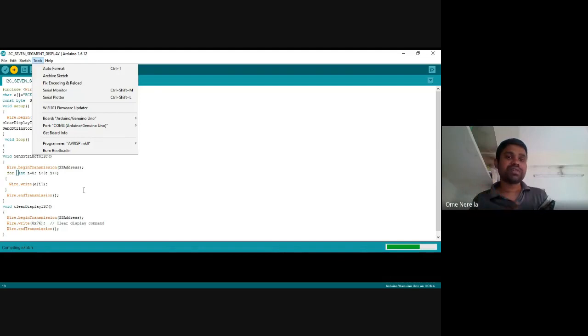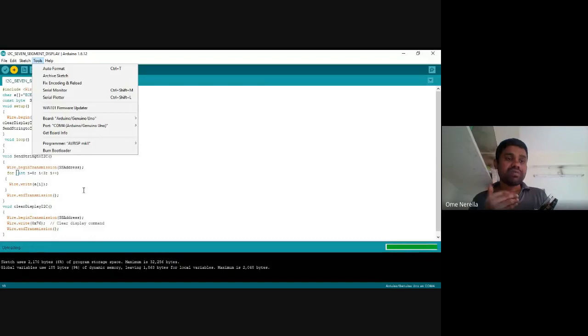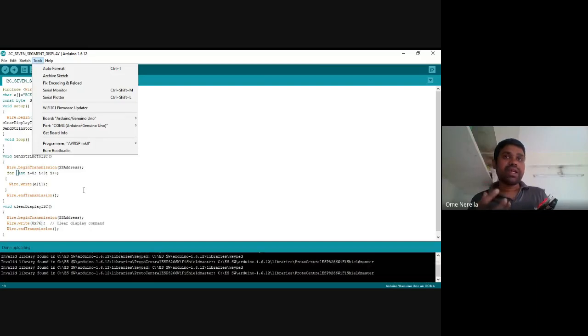That is fixed. Next, in order to send the data, there is a function call available, Wire.write with some data or some variable. Wire.write is used to write the data from the microcontroller to the slave or slave to the microcontroller. Next one, everything should be done between the start transmission and stop transmission. Start is done by Wire.beginTransmission, and the data can be sent by using Wire.write. Next, to end the data, the stop is done by using Wire.endTransmission.